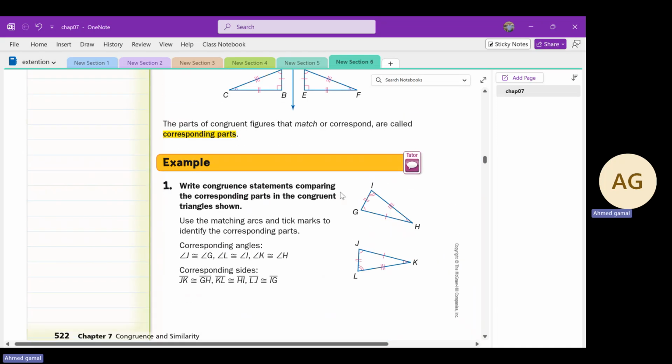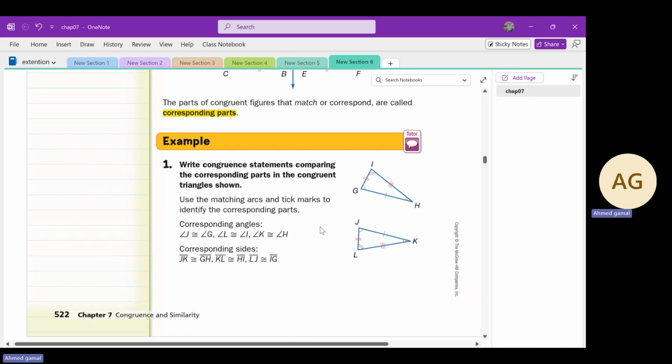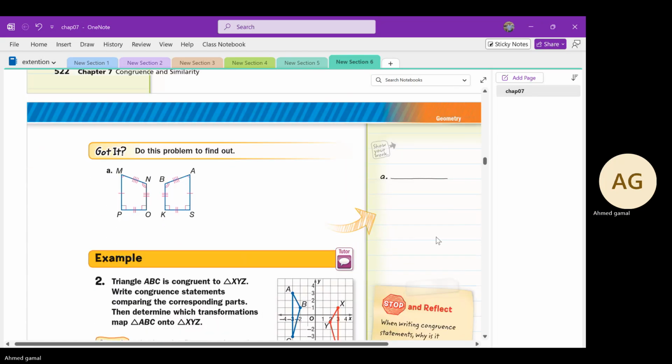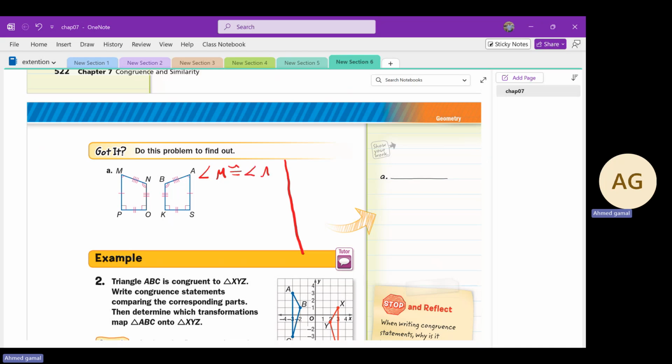The first example says, write a congruence statement comparing the corresponding parts in the congruent triangles. I need to write the angles that are congruent and the sides that are congruent. So I can say that angle M is congruent to angle A. Angle P is congruent to angle S because there is reflection, so P with S. Angle O is congruent to angle K. Angle N